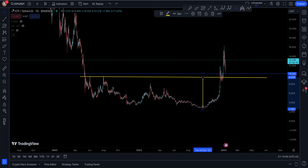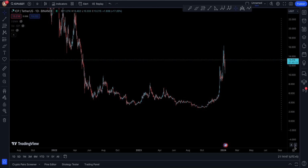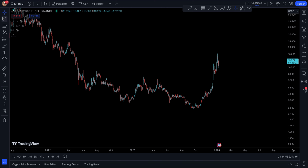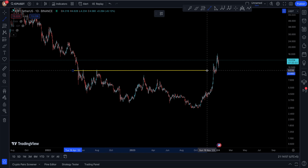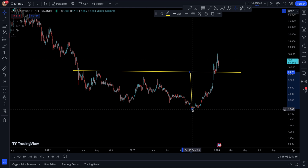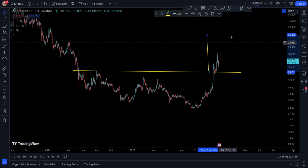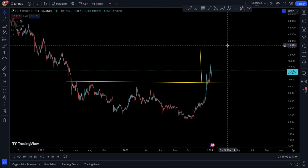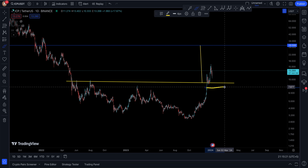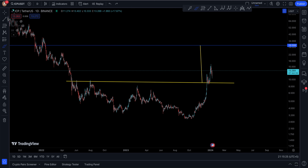Now, why did I talk about the logarithmic scale? If I turn it on like this, it's going to give you a very different technical target. If I treat this as your support and resistance and a break, and take the top to the bottom right there with the logarithmic scale turned on, you can see it's pointing all the way towards nearly $30 up here. This is valid when it's turned on, and I personally think the invalidation happens when ICP turns to $7.7. So I can entertain the idea that we may see this moving up all the way to 29,